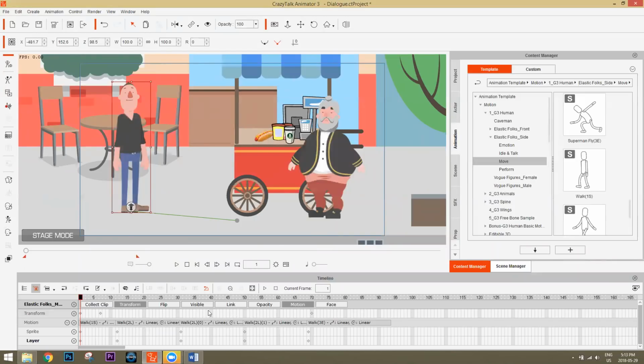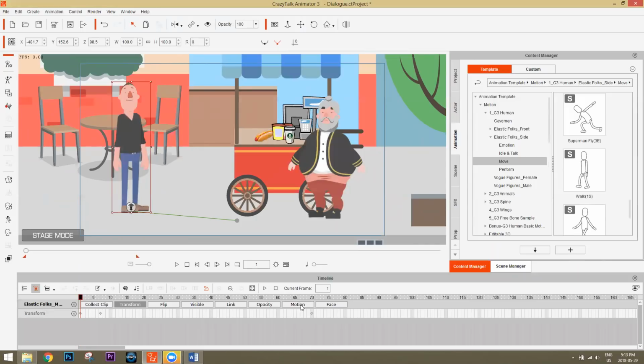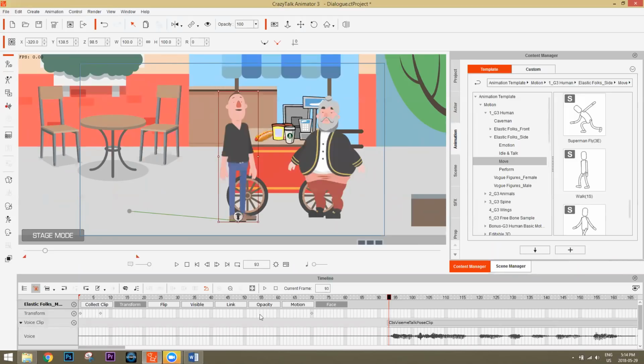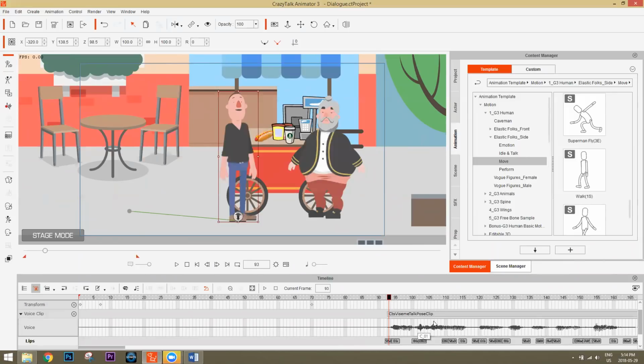Okay, so I'm going to just click off the motion track right now. And we're going to go into the face track. And in the face track, under the voice clip, you'll find your voice clips right here. So this one here is the CTS Visine Talk Pose clip. This is the script right here. This is his dialogue. So if I go to voice clip and I twirl it down, you can see below that is the waveform of the audio file, okay? And below that are the keyframes that indicate different visine shapes, so different mouth shapes for your character's speech, okay? And we can adjust these later on. I'll show you how in just a moment here.